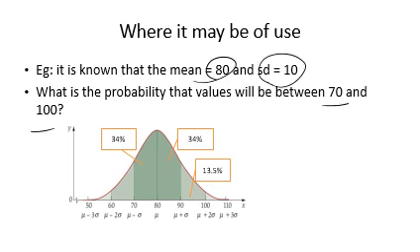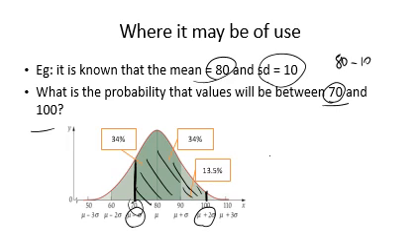So the 70 is going to be the mean, 80 minus 1 standard deviation. So the 70 is going to be here, the mean minus 1 standard deviation. This is our lower level, so it's going from 70 up to 100. Now 100 is here, and it's the mean plus 2 standard deviations. So if we wanted to find what the area in here was equal to, all the way up to there, it's a matter of adding 34, 34, and 13.5 together. Let's see how that looks. So probability 70 less than x less than 100 is equal to